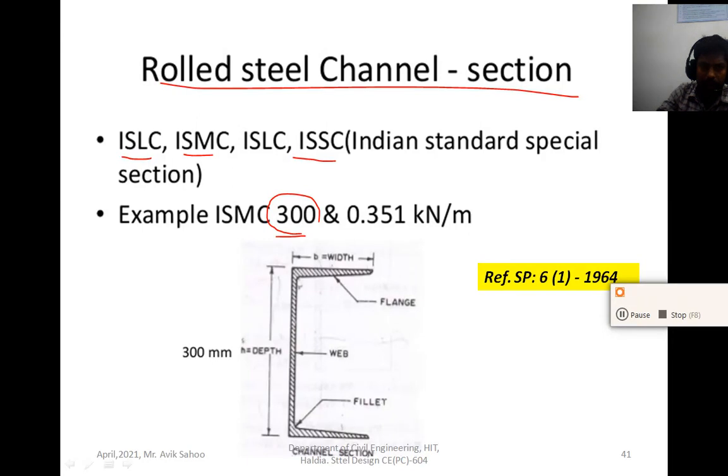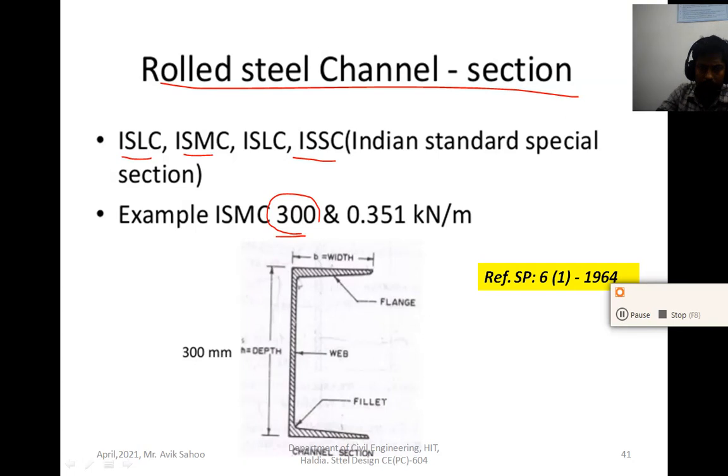You see that this is a taper shape, and the flange depth is maximum at the web, because this one is a cantilever part. At the end the moment is maximum, so that's why more depth is required. And you see that this is a curved shape to reduce the stress concentration.